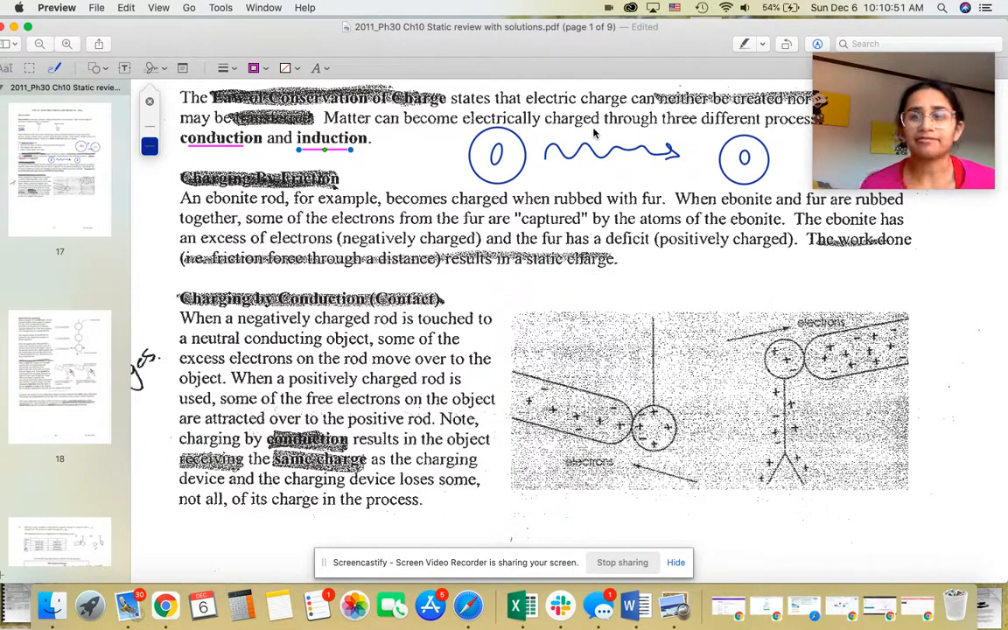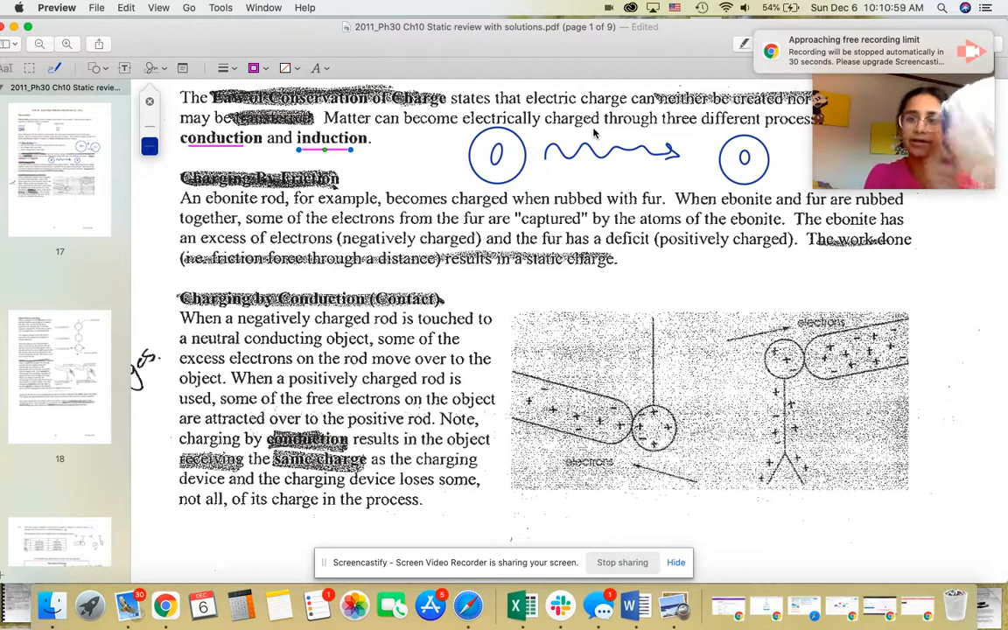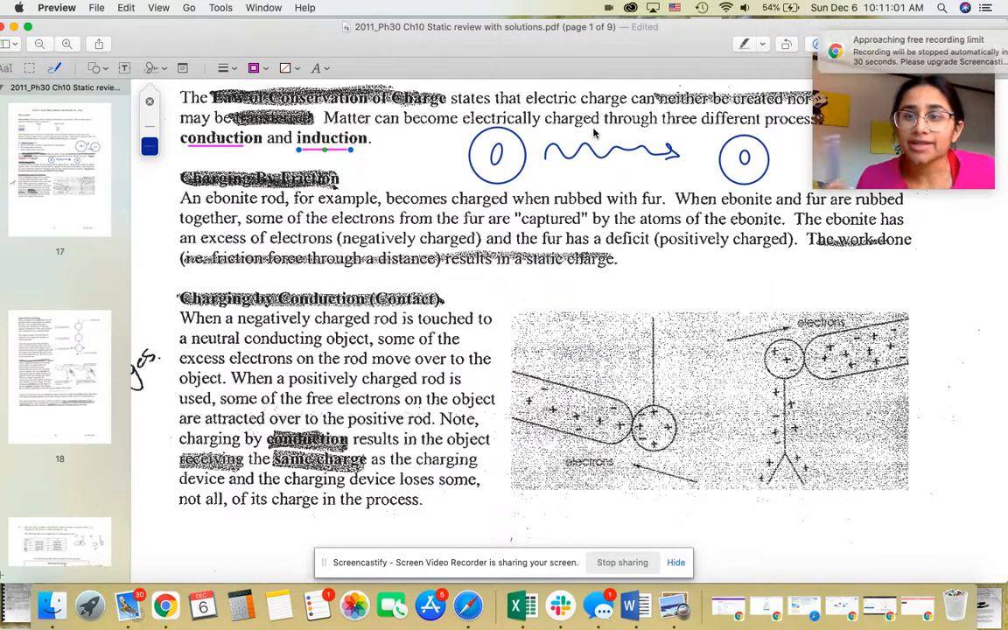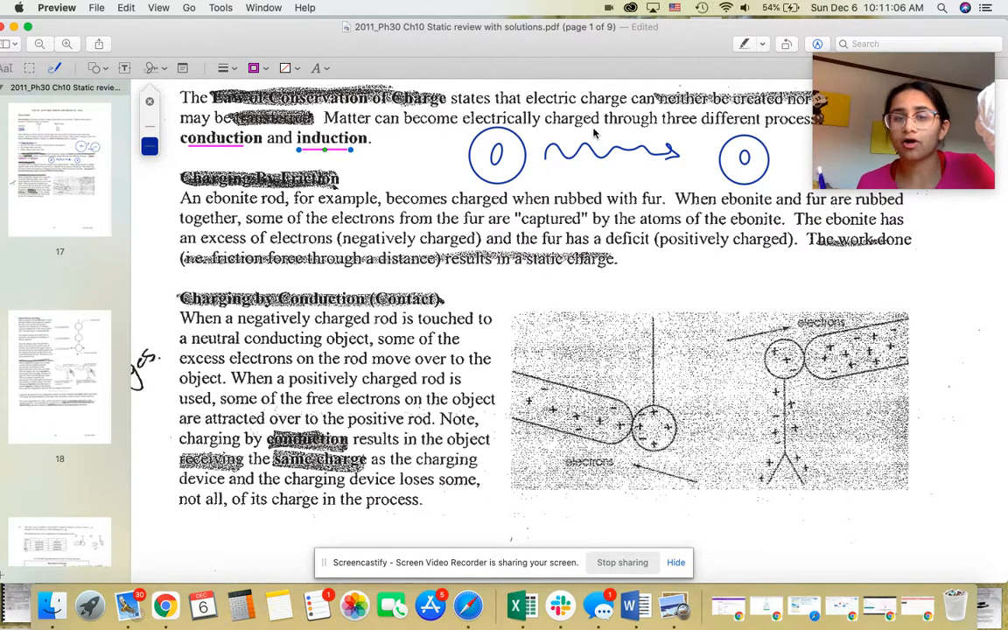So let's say that I have an ebonite rod, for example, this, and we charge it with some wool. I'm going to rub it, friction, and when it's rubbed, some of the electrons from this fur are going to be captured by the atoms in this ebonite, and we call that electronegativity in chemistry because the electrons are more strongly pulled by the ebonite rod. And it's a known fact that when ebonite is rubbed with fur, the fur is